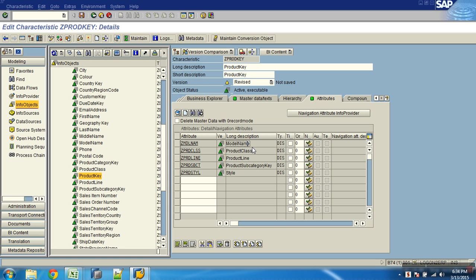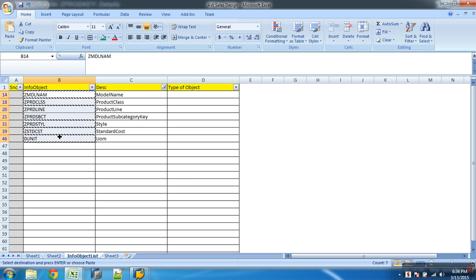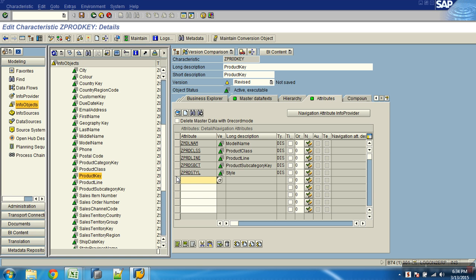Model name, product class, line. How many others? 5. Still missing some of them. Style only. Till style it is brought in. There are 2 more. Done. So now I've got all these 7 columns as attributes. Now look at this. Am I able to use this standard cost, which is a key figure, as an attribute? Yes. And I'm able to use this 0UNIT, which is a unit characteristic, also as an attribute.